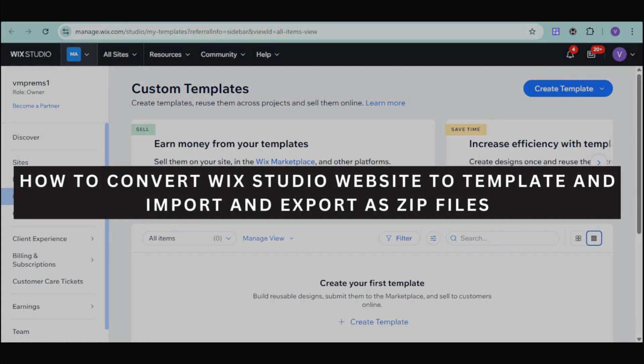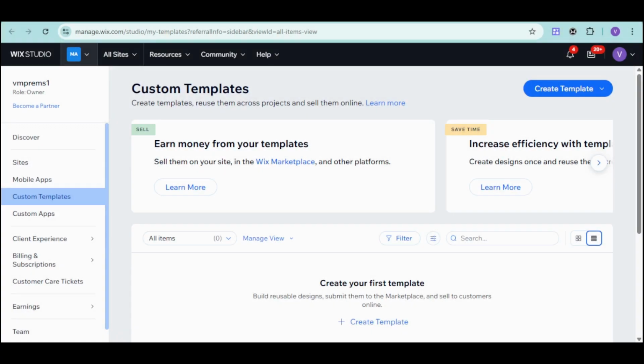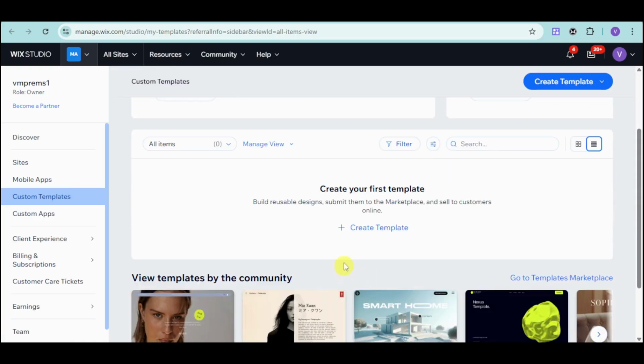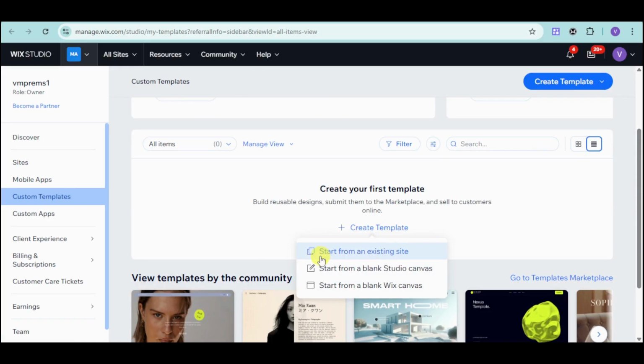How to convert Wix Studio website to template and import and export as zip files. So in order to do this, head over to the actual URL of Wix Studio for the custom templates. You can find it by going to manage.wix.com/studio/my-templates. Now from in there, you can click onto this create template option and you can start from an existing